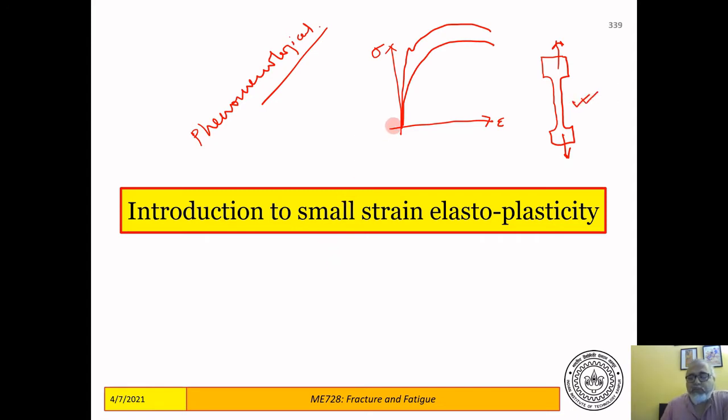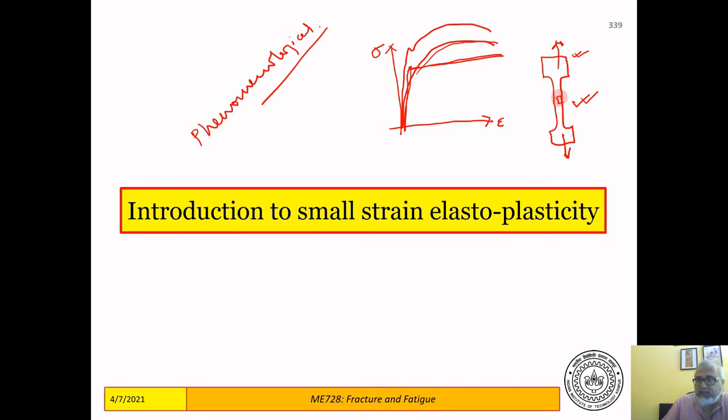So we are going to do a very simple theory at the beginning where we are going to assume that there's an elastic part, linear, and then the material is perfectly plastic. This behavior is called a hardening behavior, and we are going to neglect it for the time being, and we are going to use a perfectly plastic model of a uniaxial tension experiment where, if you remember, the state of